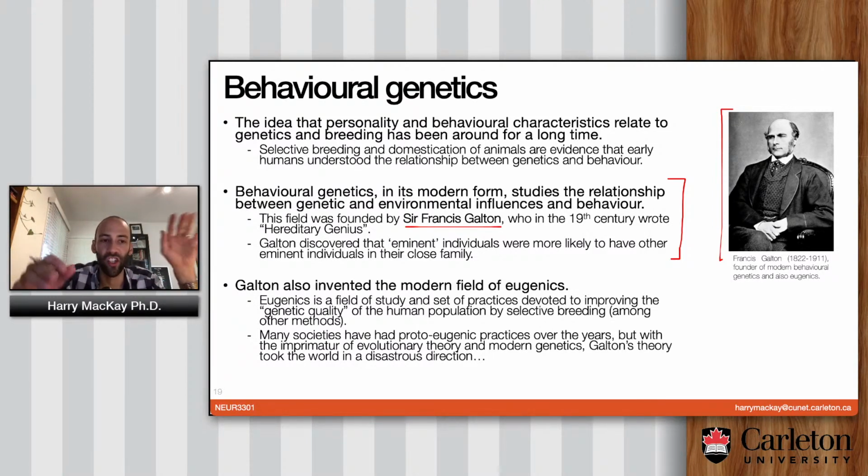It has really nothing to do with genetics, but this was the 19th century, and people really loved the idea that you could make racism scientific, because people were already sort of racist, right? You don't need science to be racist, but if you could add science in, that would make you feel even better about being racist. So that's kind of the essence of Galton's work, and it's really not good stuff. I mean, he also invented the field of eugenics, which is literally the inspiration for the Nazis, the idea that the human gene pool could be perfected by eliminating undesirable people from the breeding pool, led to untold amounts of horror. And I think it's worth bearing this in mind, because we're here learning about genetics as well, and there is some responsibility to not repeat these past mistakes.